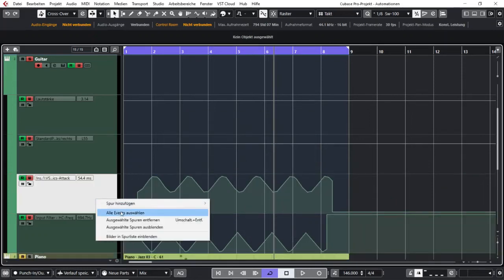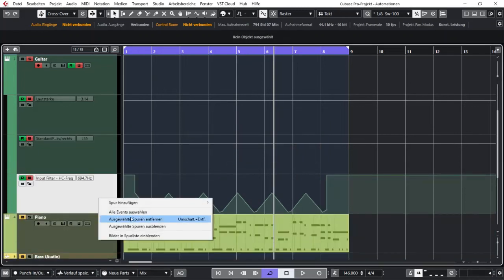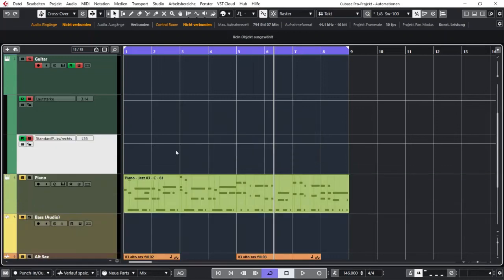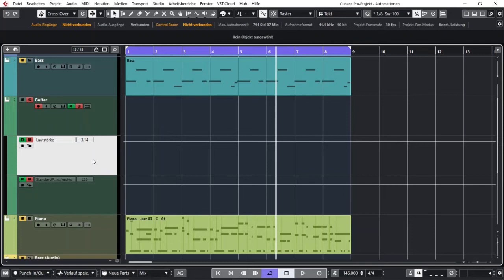Then you will get a warning, because it's not only deleting the track, it's also deleting the data on it. So that is important, because